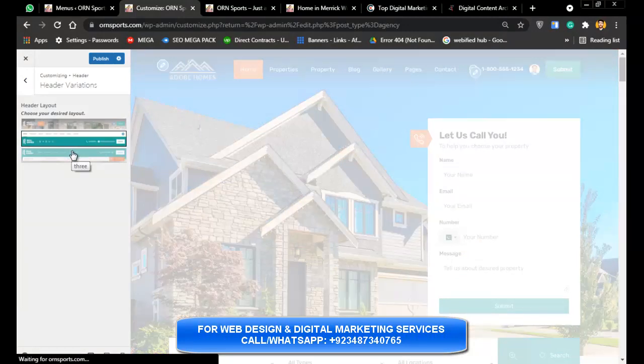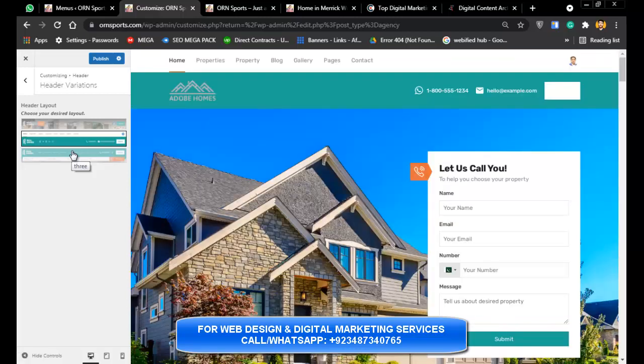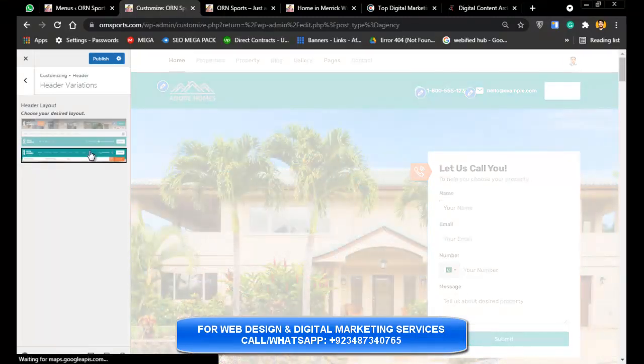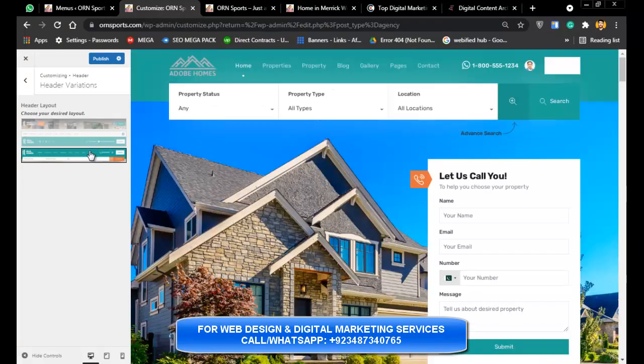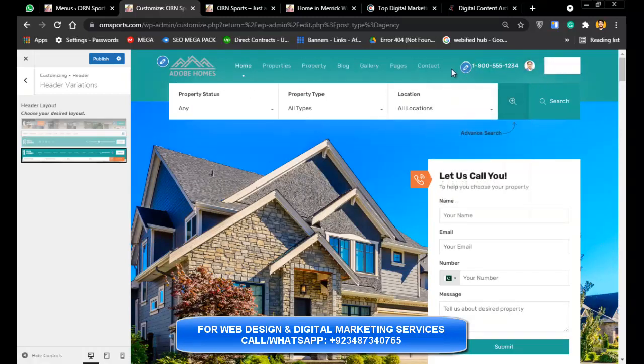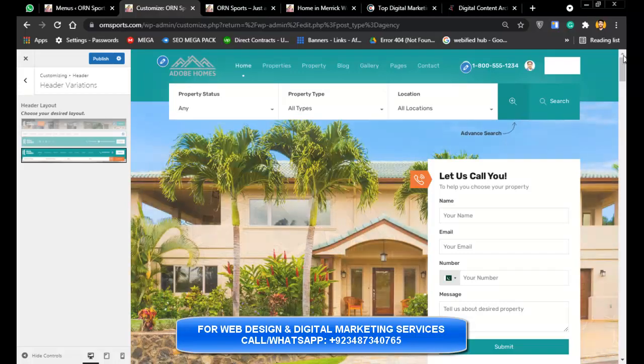Now I have selected the second one, and you can see here's the header. And if you want that header or that header, I have also selected the third header. If you want the third header, it will be selected, and you will simply have to click on publish. Now you can see it's something cooler than before, I think so.